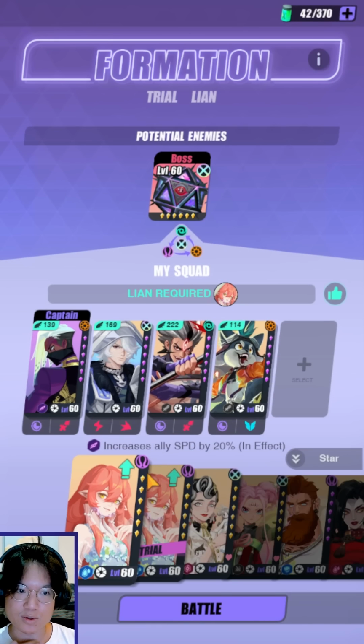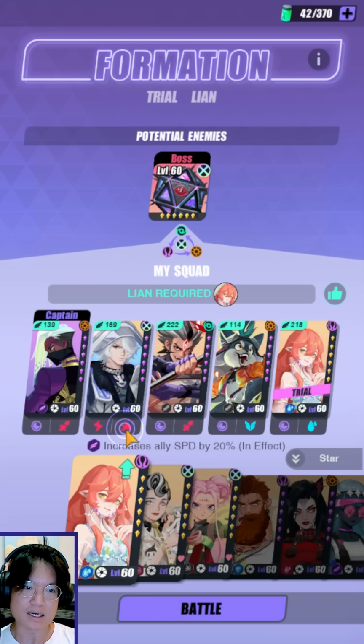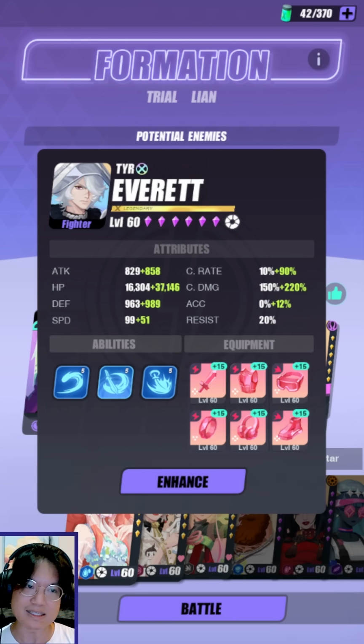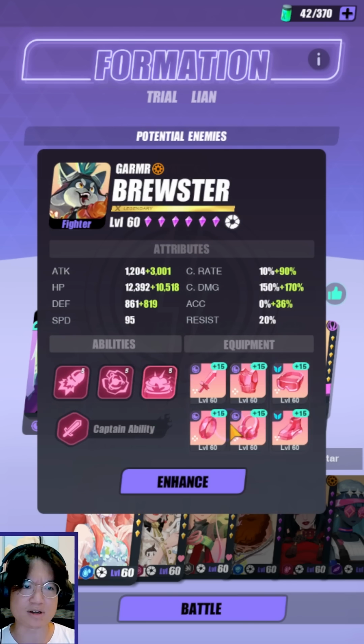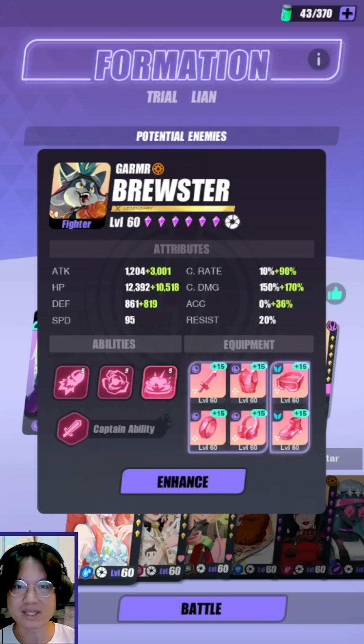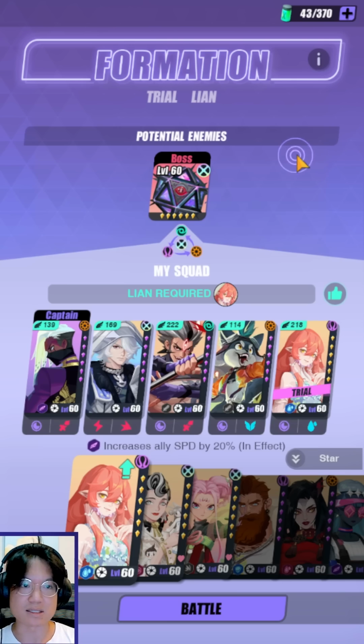Dream Cruise, I'm gonna go through their stats real quick. So Falcon, he doesn't really need anything. Everett, these are just basic Everett stats, and Yunchuan wants to be a little bit speedier with the Ocean set so that he can cycle his third skill. It's very important for longer fights. Brewster, this is why I have him on the Ocean set, because of this Dream Cruise, and of course other content like Celestial Anomaly, where you want his third skill to go up more often so that he has more assist procs, and obviously the